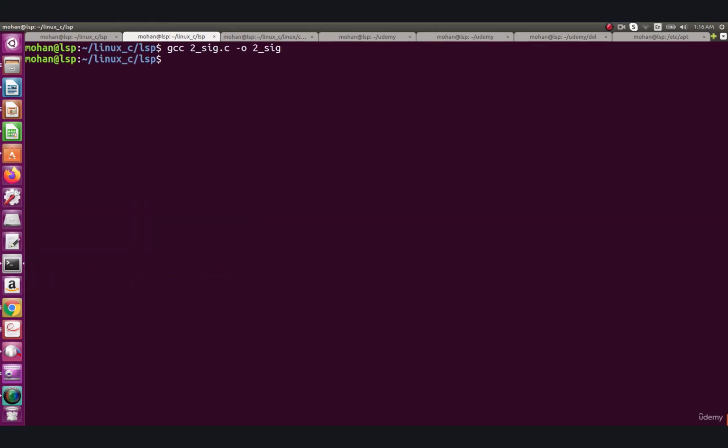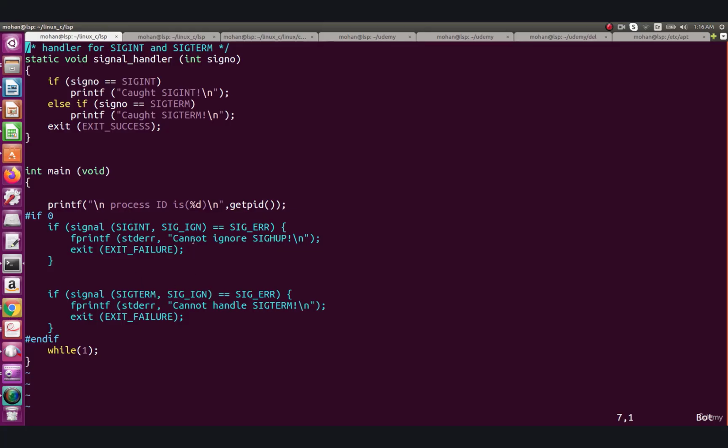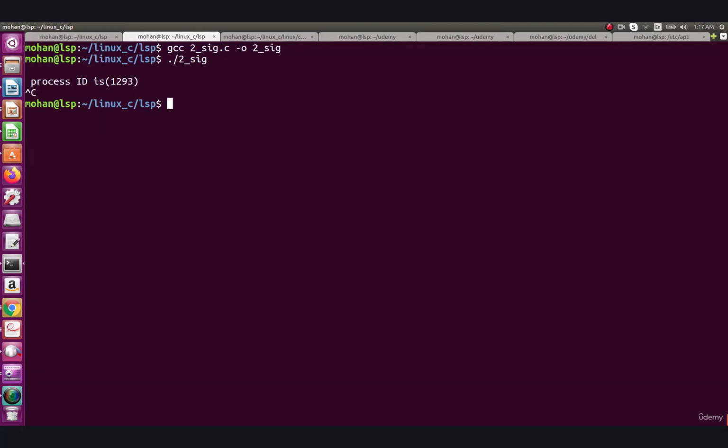Now let's run the program. Here the process ID is 1293. Now if we give a Control C from the keyboard, then since we are not using any signal handler, we will be getting the default actions. The default action of Control C, that is nothing but a SIGINT, is to terminate the program. In the same way,